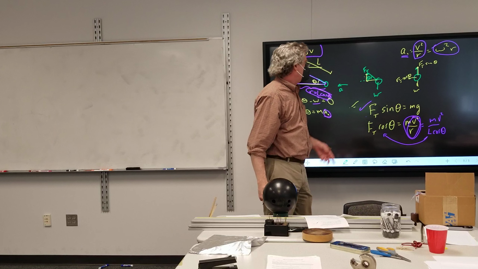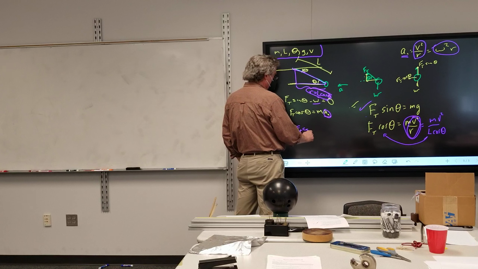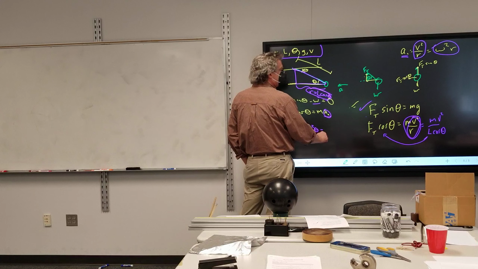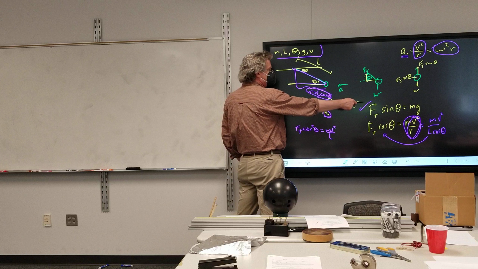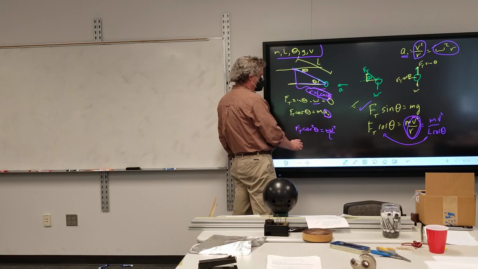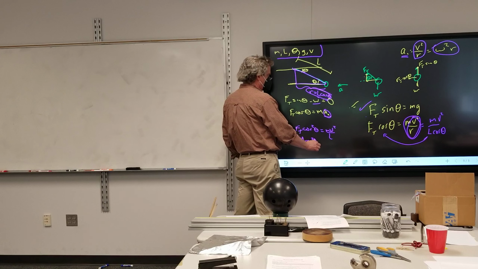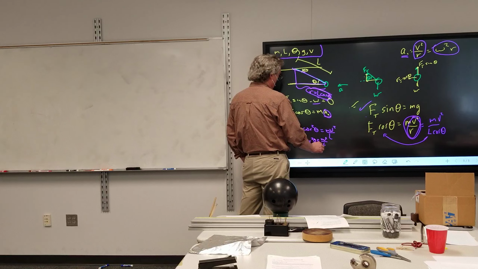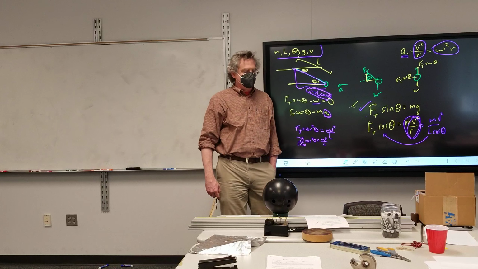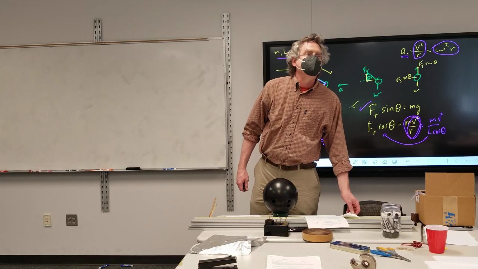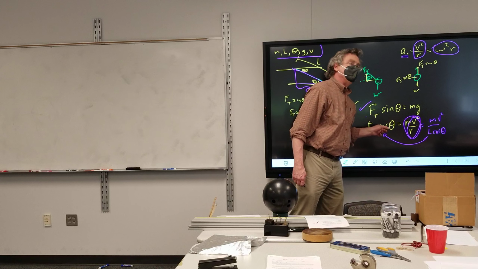Originally, multiply both sides by cosine theta, so I got tension times cosine squared theta equals mv squared over L. And then I can solve for tension with that, so then we get mg over sine theta cosine squared theta is equal to mv squared over L. I got a sine theta and a cosine theta. It just gets way complicated. So why are you squaring the cosine? If I multiply both sides by cosine of theta. Oh,